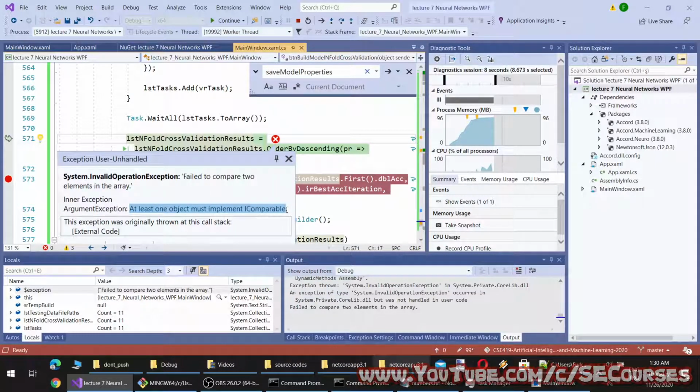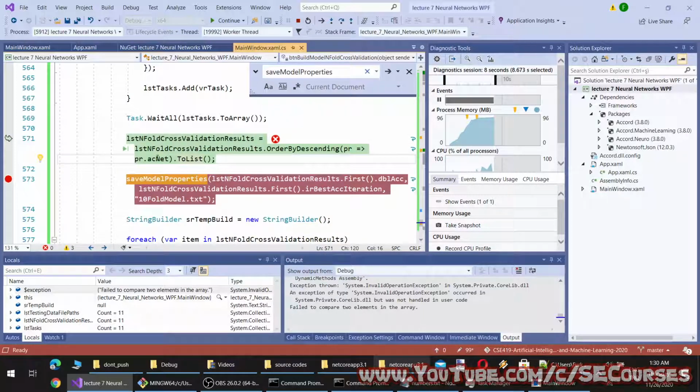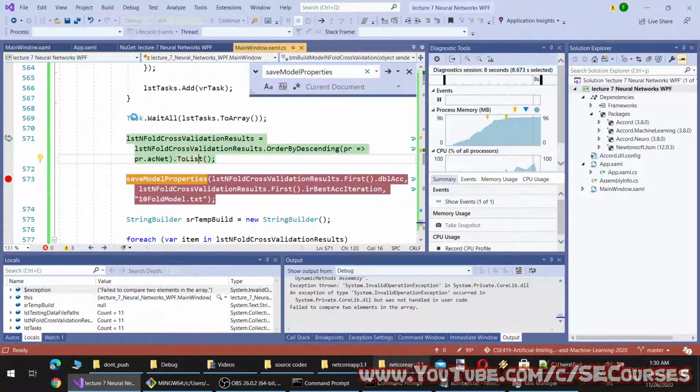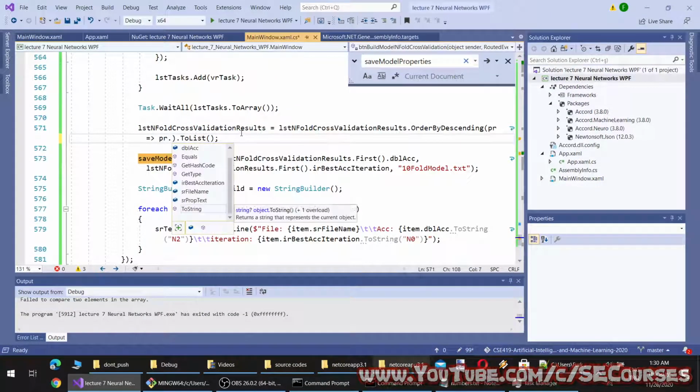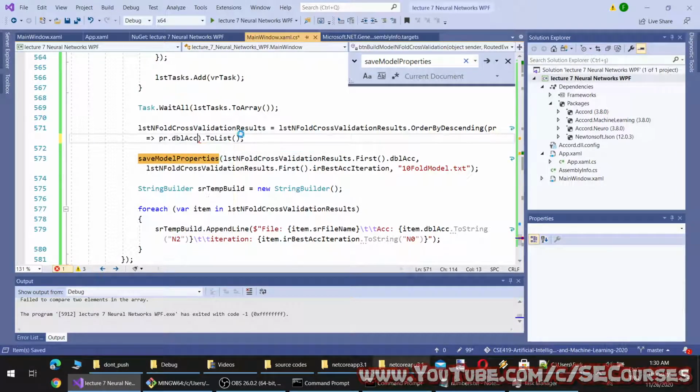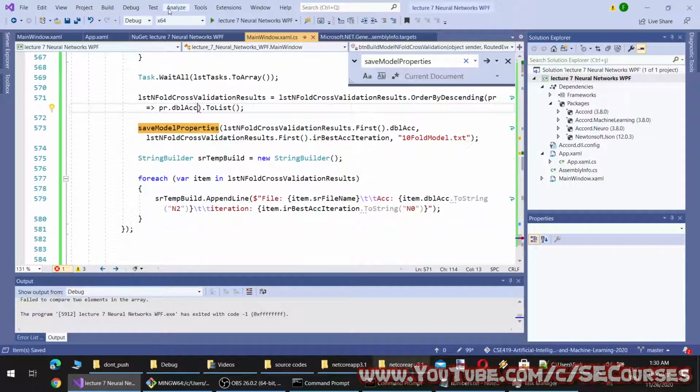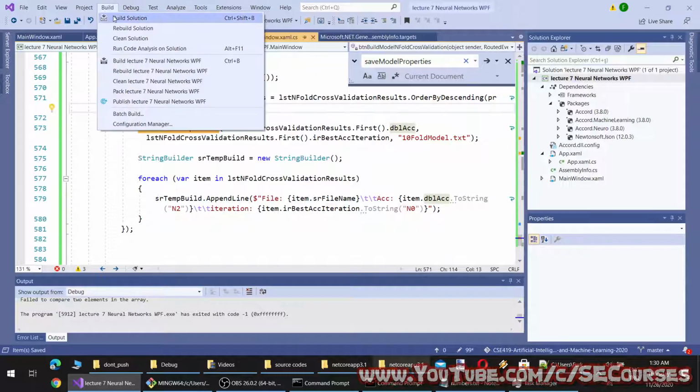At least one object must implement IComparable. Yeah, I see. As you can see, we have provided the network here, and it is incorrect. We need to provide accuracy here. That was our error, and let's build.